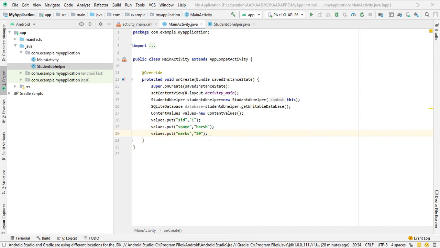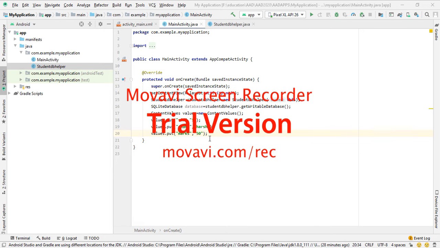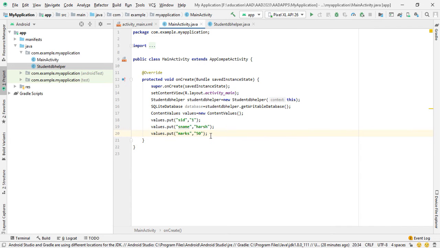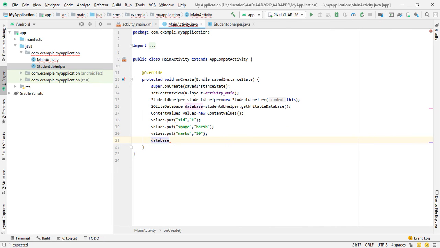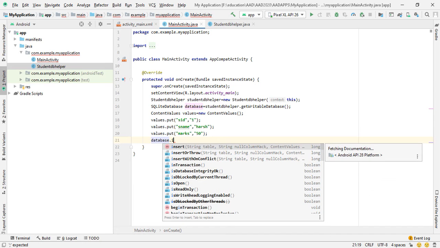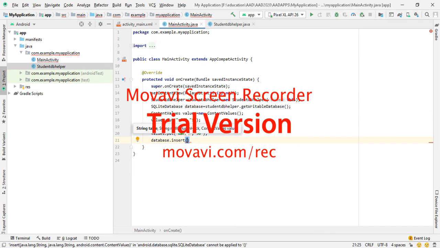Now once you specify all these values, we have to send these values to the database. Using the insert method, we can insert the values inside the database. So using the database object dot insert method, we can insert the values.